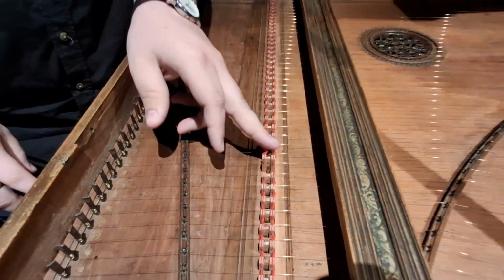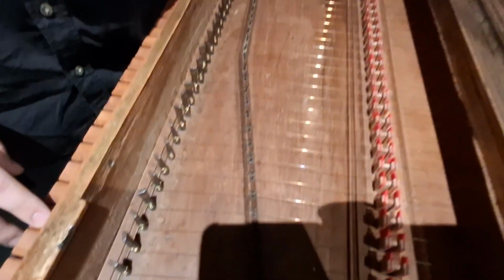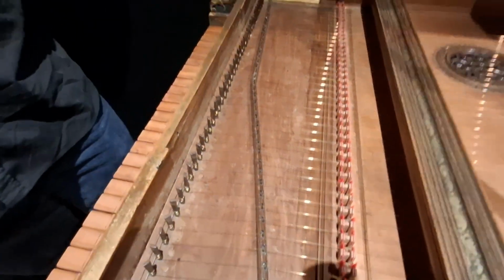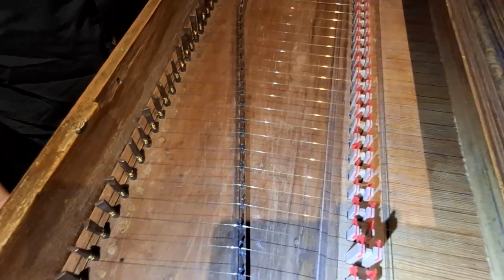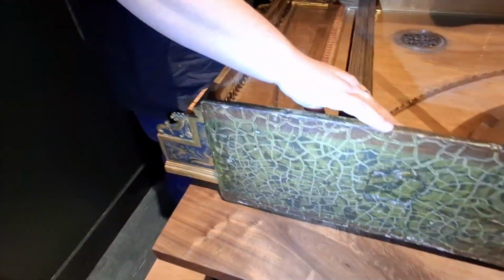It plucks it. Yep, there's a little piece of metal just on this side that will pluck the string itself, creating that very memorable sound. Okay. So just a very bright sound,